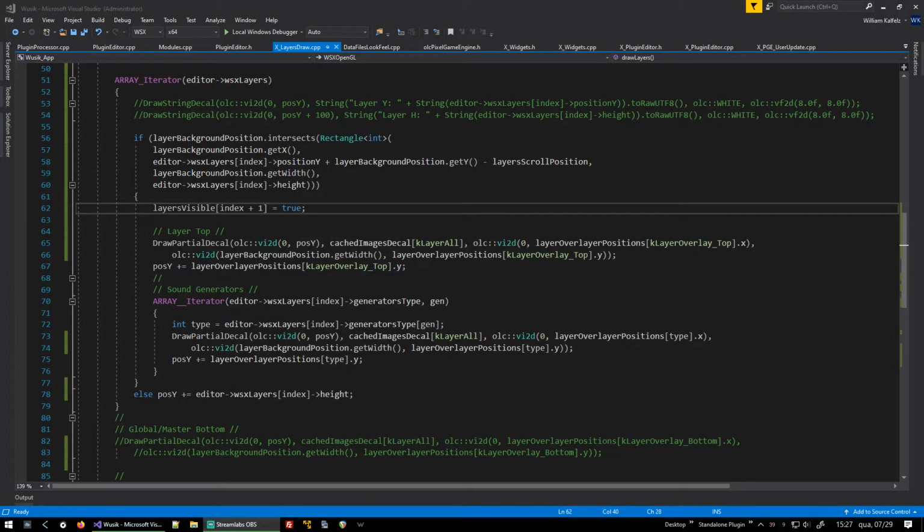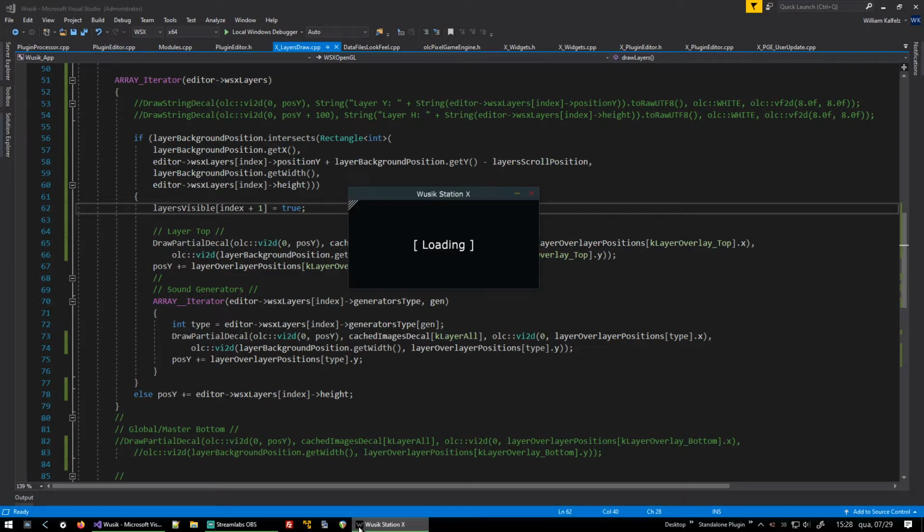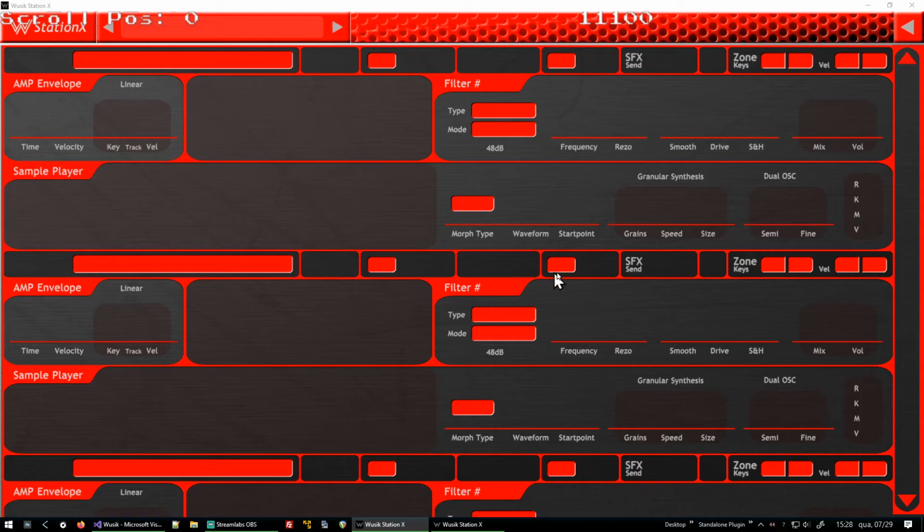Okay, another Wusik Station 10 video, coding and coding some more. What I'm trying to do now is figure out the layers. I have added multiple layers to test now. I have layer 1, 2, 3, and here I have a variable that I set if the first three layers